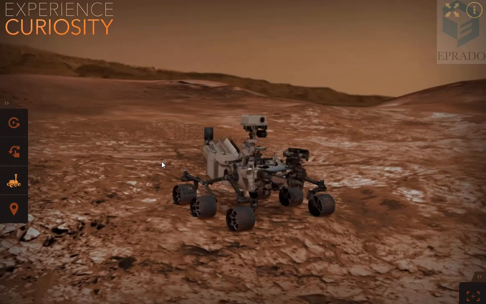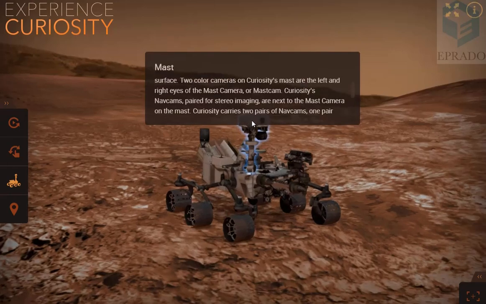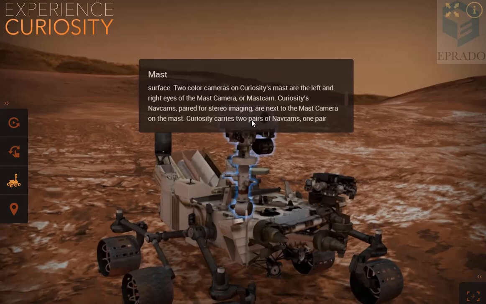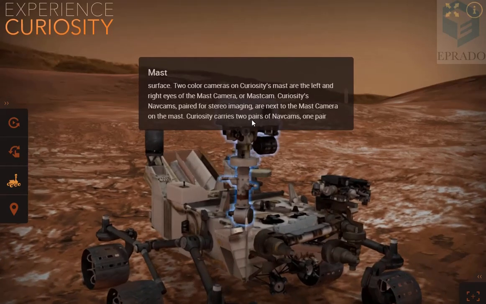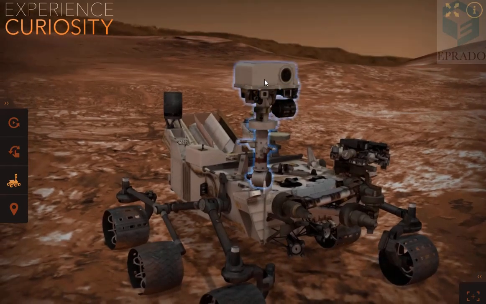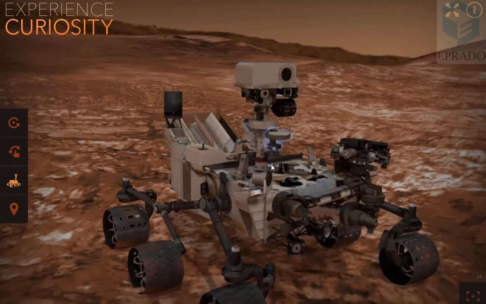Okay, first let us explore the mast camera of the rover. This is called the mast camera. And why is it called the mast? What is meant by the mast?